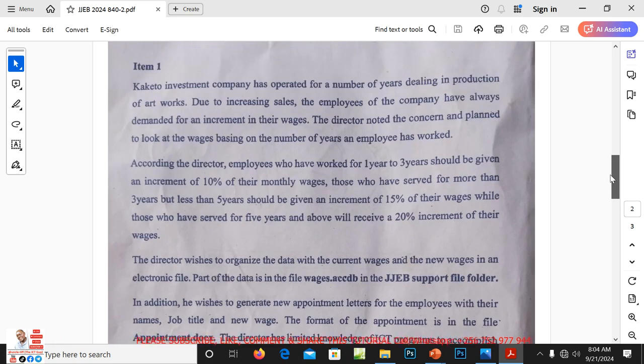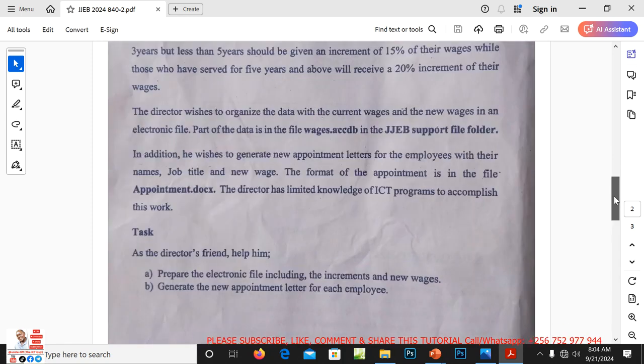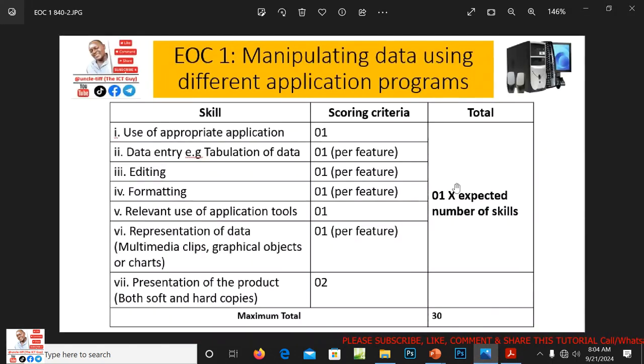It is about this that learners will be doing the right thing. So if we visit our element of construct for these items, it is here. This is what we expect a learner to do with such an item. A learner is expected to manipulate data using different application programs. That means that such an item can be worked upon with more than one application program. So the examiner is interested in awarding scores according to these skills, as you can see them: using appropriate applications,